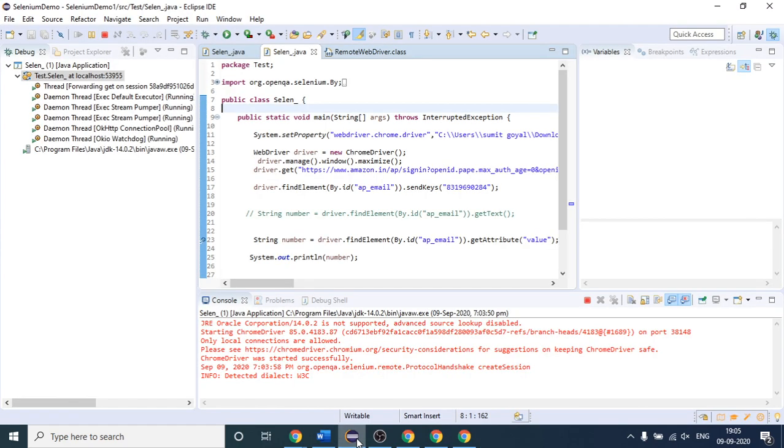It is taking more time because my internet connection is slow. Maybe our script gets failed because it is taking more time to load, and in this case there will be chances that your script might fail.